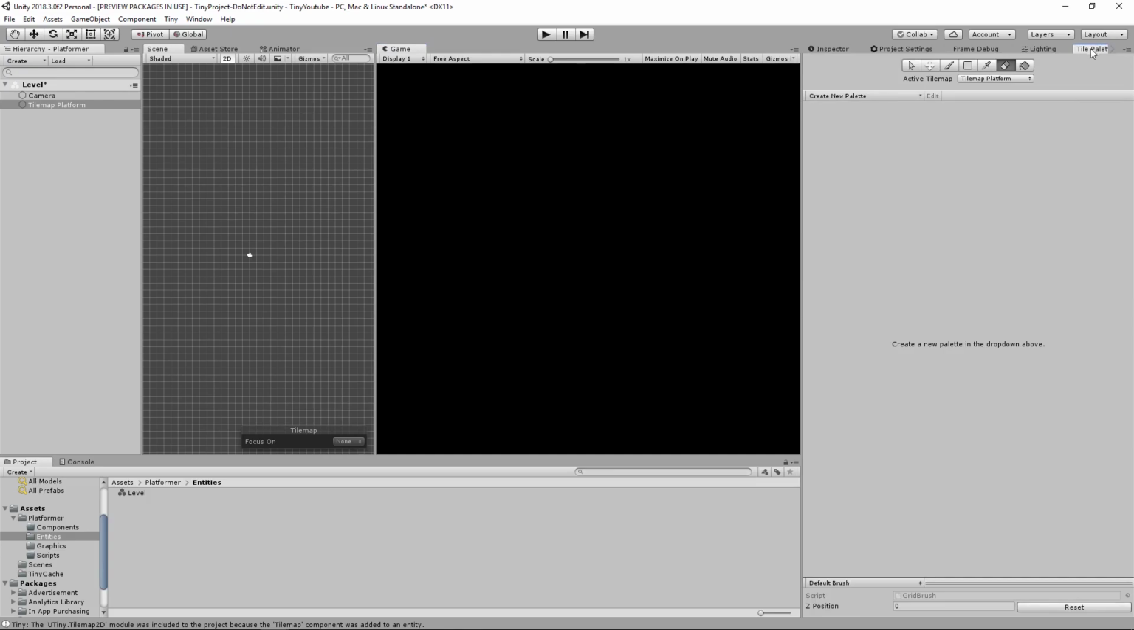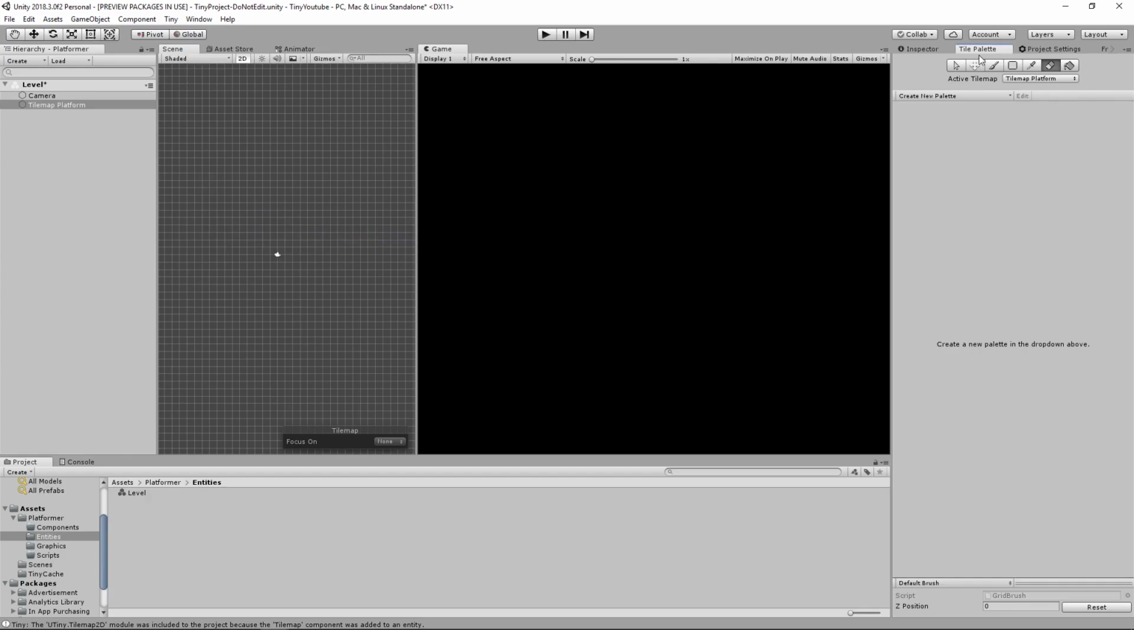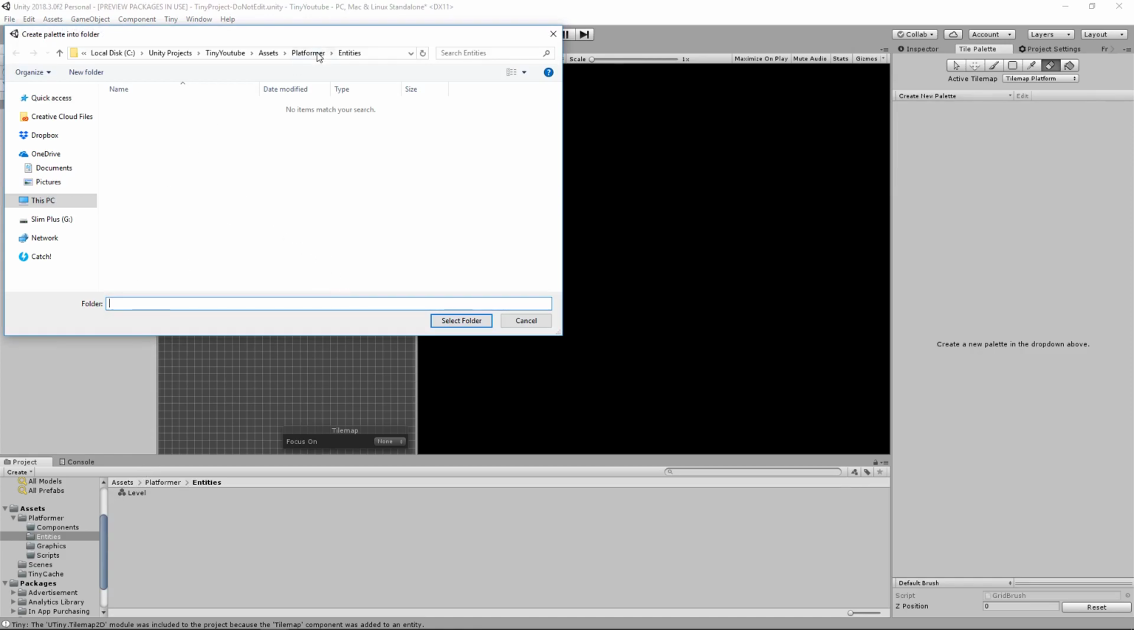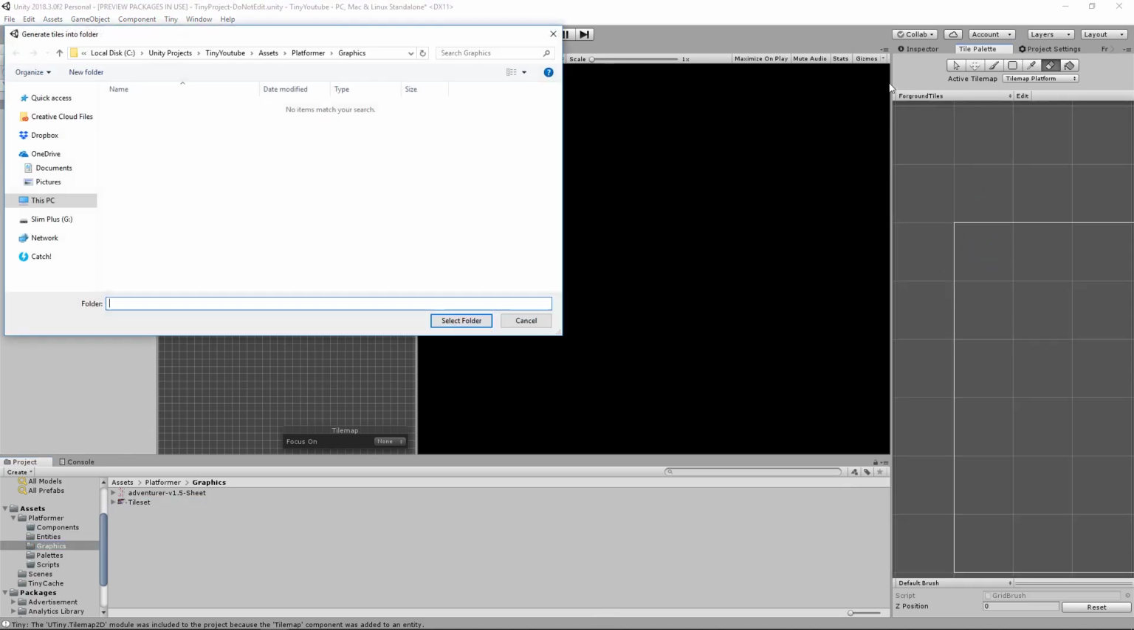which if yours is not already right here, you can go to Window, 2D, Tile Palette, which should open the tile palette window. Once you're on your tile palette window, we can create a new palette. We'll call it Foreground Tiles. Click Create. We'll put it in a folder inside of our platform called palettes, select the folder, create the palette, go into your graphics folder, drag in your tile set into the tile palette,